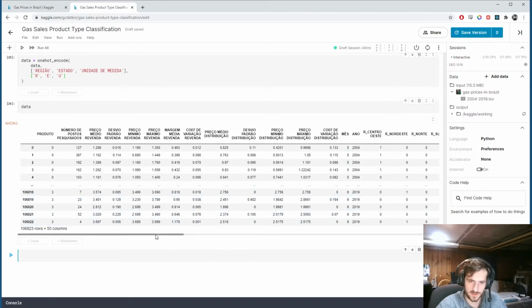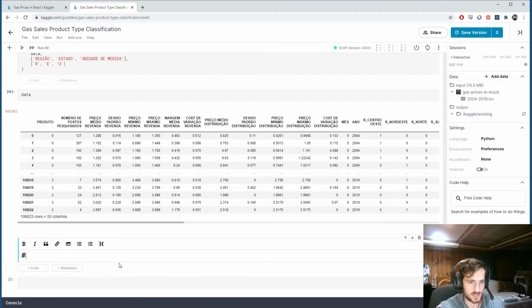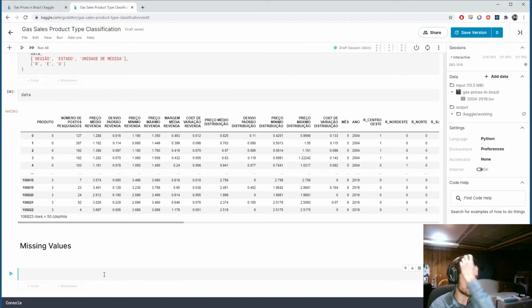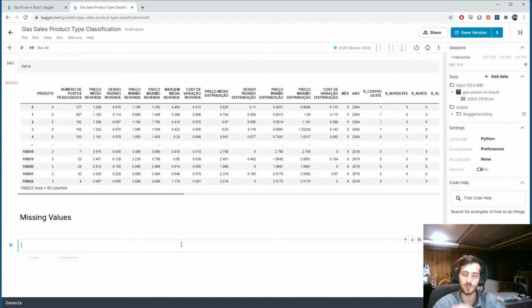And so now you'll notice that all of our data is numeric. The reason I did the one-hot encoding first is because now we can easily check what's preventing these other columns from being numeric. So why don't we make a new section called missing values. When you have fully numeric data, an easy way to check what's preventing columns from being numeric is just trying to cast the whole data frame into a numeric type. You can do this with data.astype(np.float),